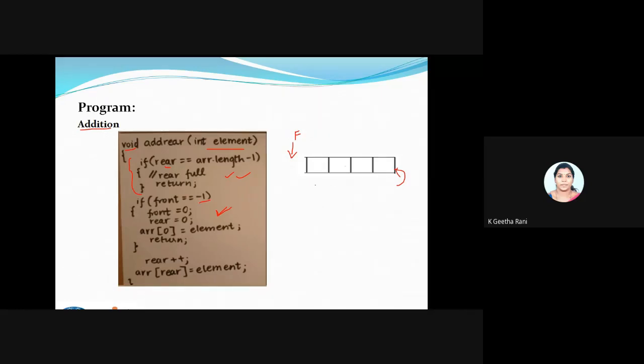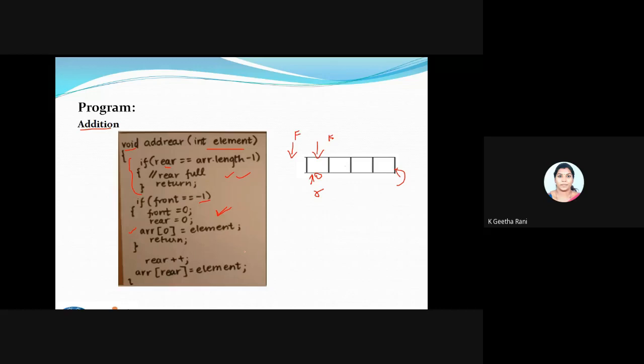Okay, then what I will do, I have to just change the index value. So front is equal to 0 and rear is equal to 0. So automatically what happens, now this is my 0 array index, so my front will be 0 and the rear will also be 0. Okay, now I can add this value. Okay, so the first if condition tells you whether my queue is full. Second if condition tells you whether the queue is empty. If it is an empty queue, the value I'm going to enter is the first one, then I'll perform this operation. Then what I will do, just array of 0 equal to element and return from it.